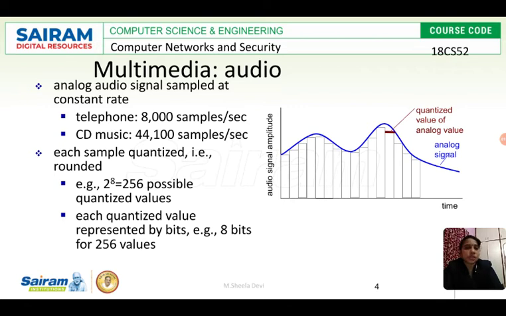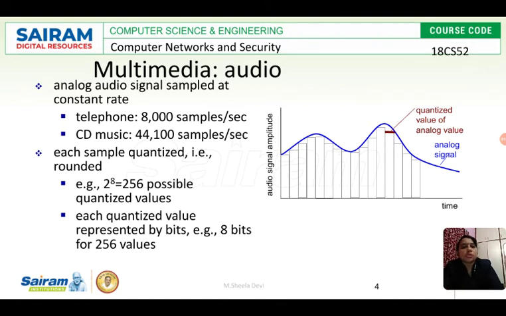The first one is text, then images, audio, video. These are the multiple formats through which we can communicate the data to the receivers or to the destination. Since it can be represented through multiple formats, we call it multimedia. That's why it is called multimedia in the networks.